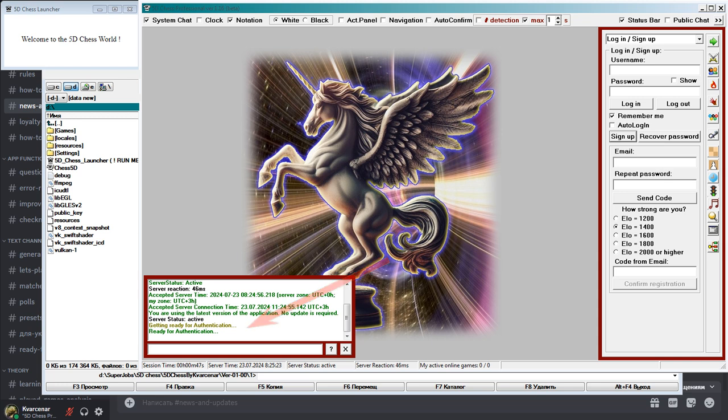In case of any problems, the corresponding messages are displayed there. Username can contain uppercase and lowercase English letters, digits, hyphens, underscores. It must be longer than 3 characters and shorter than 32 characters. The password may also contain uppercase and lowercase English letters, digits, hyphens, underscores, and it must be longer than 6 characters and shorter than 330 characters. The password must contain at least 1 uppercase letter, 1 lowercase letter, and 1 digit.